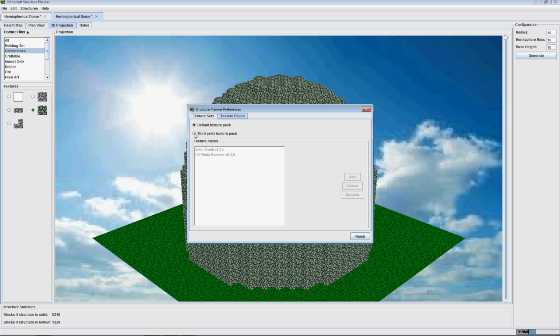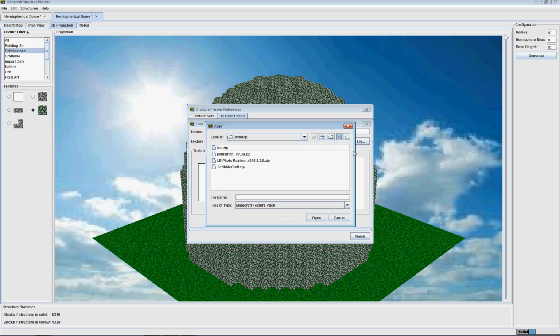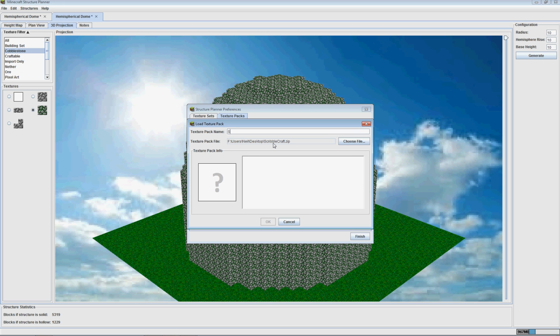So if I click on a third-party texture pack here, you can see I've already created the John Smith texture pack and the LB Photorealism texture pack in here, and I'm going to show you how to add another one now. If I click on the Add button and select Choose File, you can see it lists out all of the texture packs that are available in the directory you're looking at. And this is very specific. It's not just looking for files that are zip files, it's actually looking for zip files that are texture packs for Minecraft. So for example, if I select the Scribblecraft texture set and I open that, we enter a name,